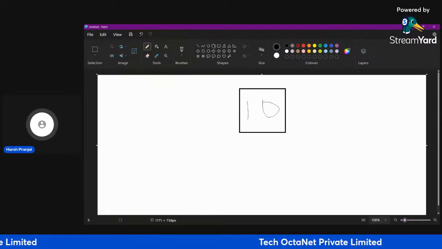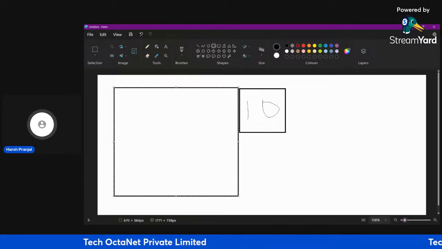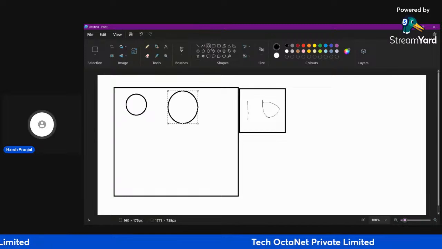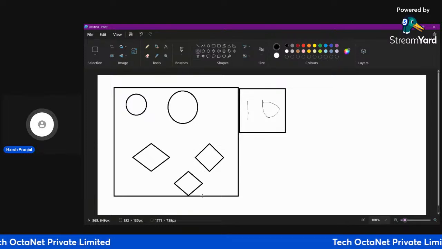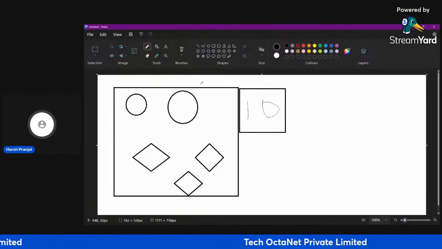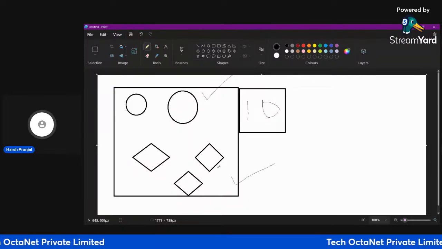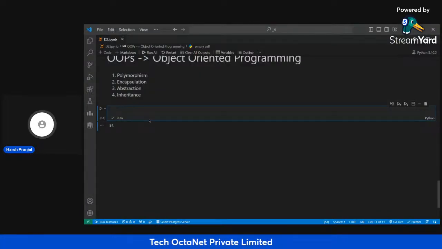But if you want to create a memory block where you want to store two attributes, it means two variables, and two functions, two methods, and let's take three methods, our interpreter does not know how to build this memory inside the RAM. So to tell the interpreter how to build that particular memory, see,